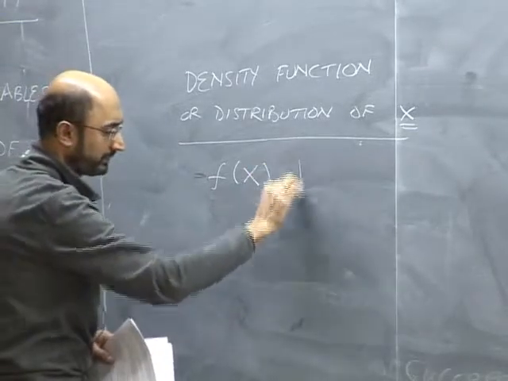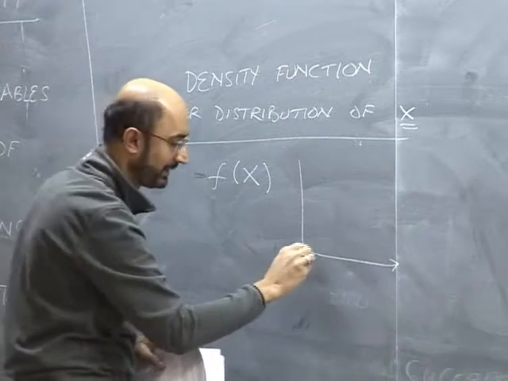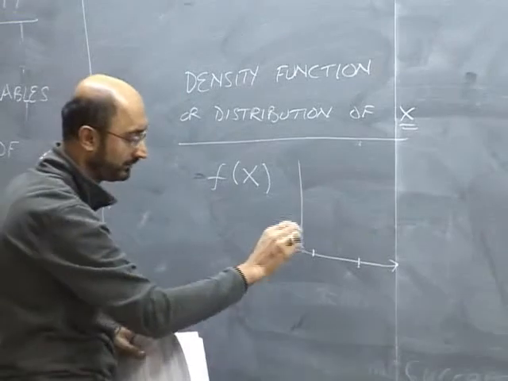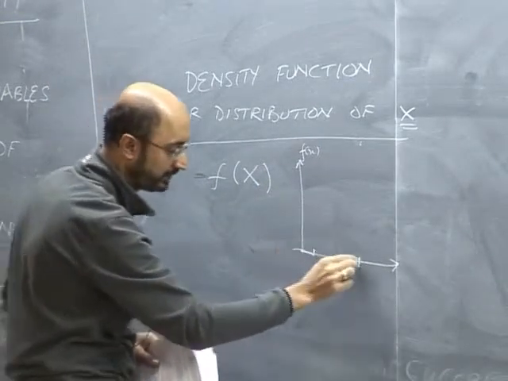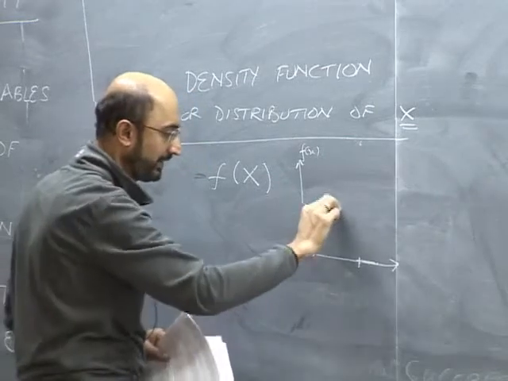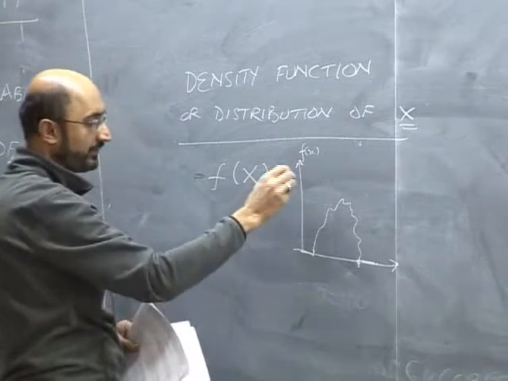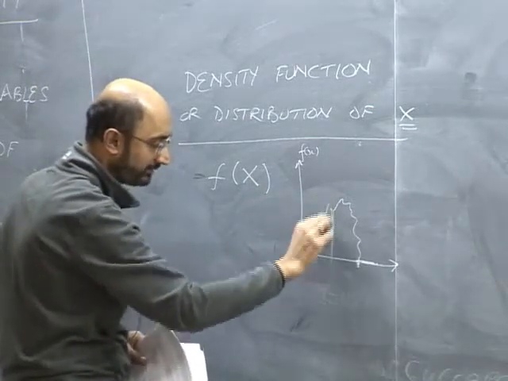Let me show this over here. So let's say on the x-axis I show the subset of the real line. So this is the line over which I have some values, and then on the y-axis I show f of x. So basically it's 0 here and it's 0 here. In this I have something like that. And what this f of x says is that if I take a small value around x1,